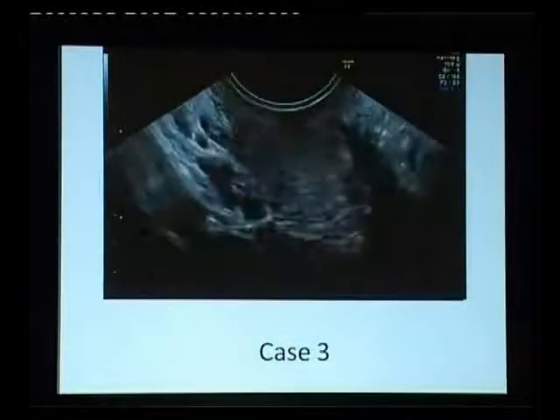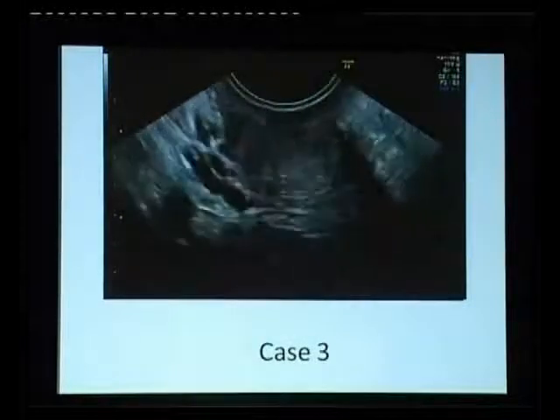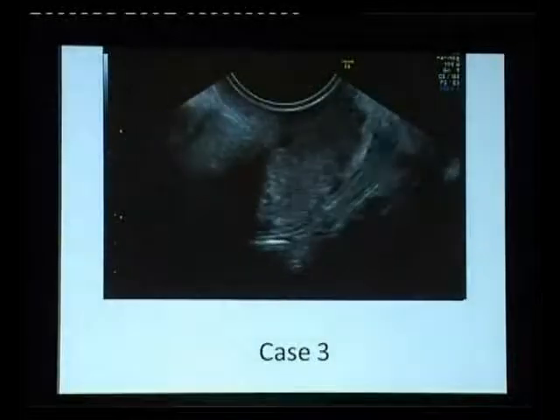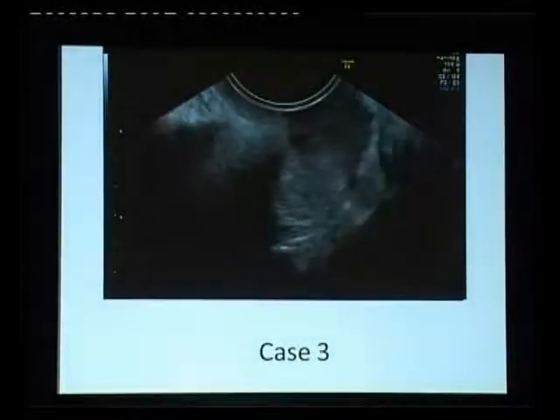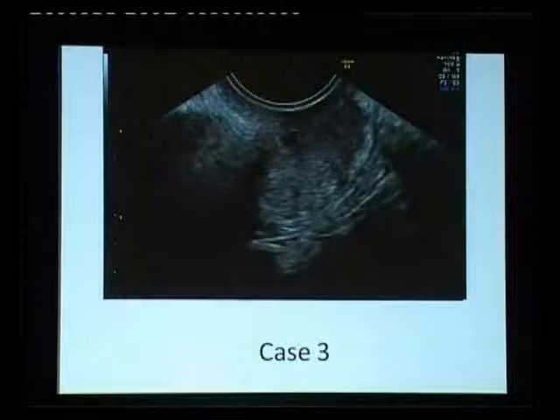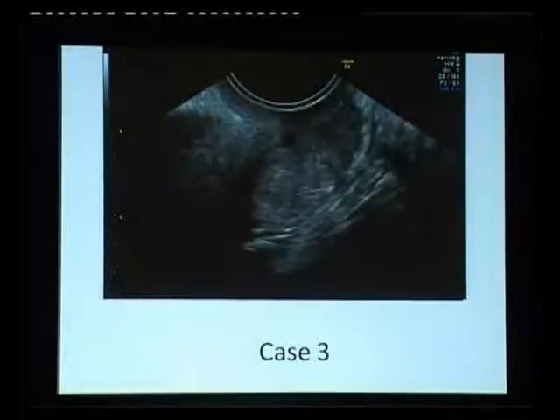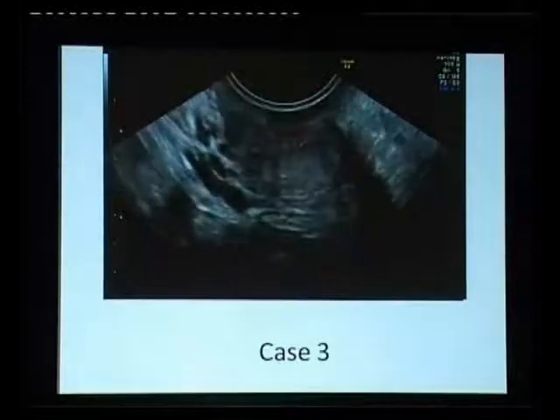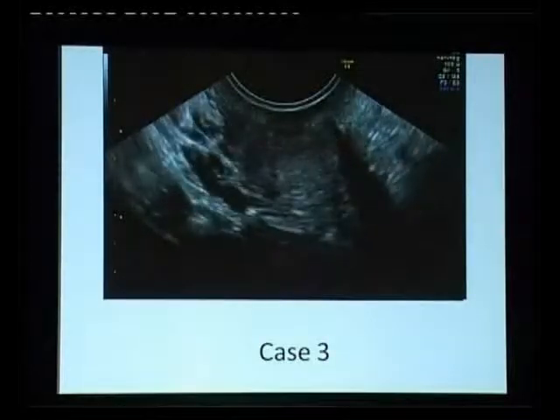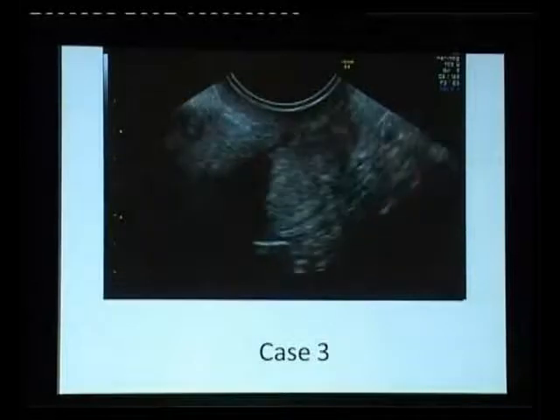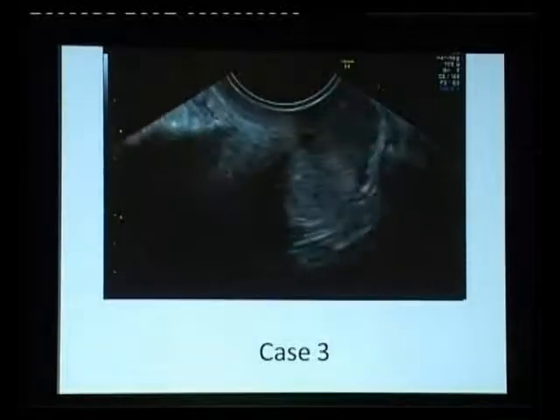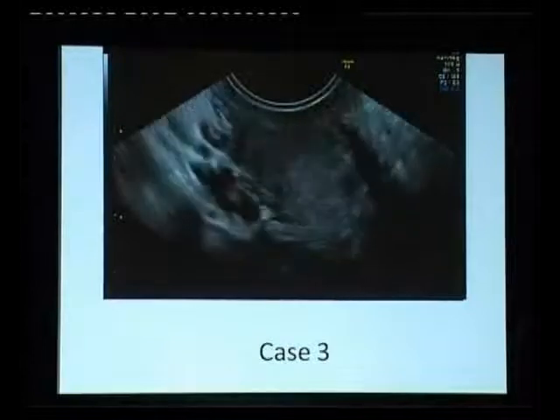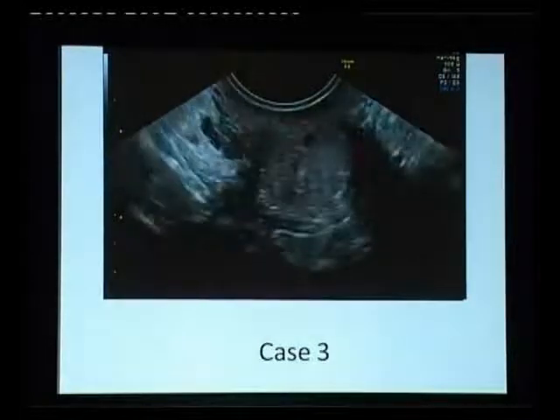Okay. This is another case. We are in the transversal section here. We rotate to the longitudinal section. We do it once more, I think. Would you say that there could be some parametrial invasion here, yes or no? Yes, yes, yes. Well, there's nothing in the posterior parametria here, and there was nothing towards the bladder, but